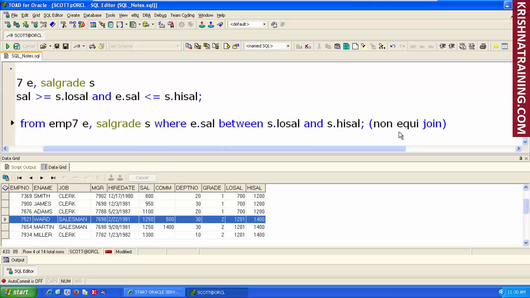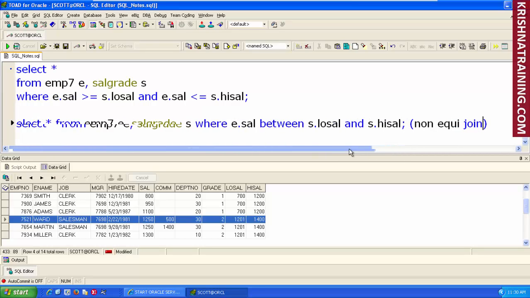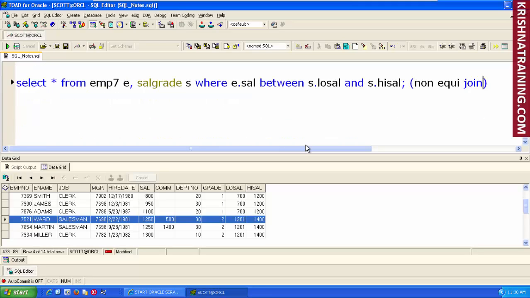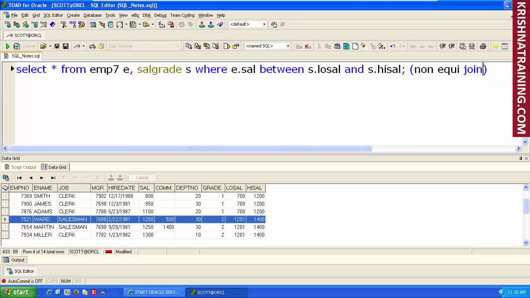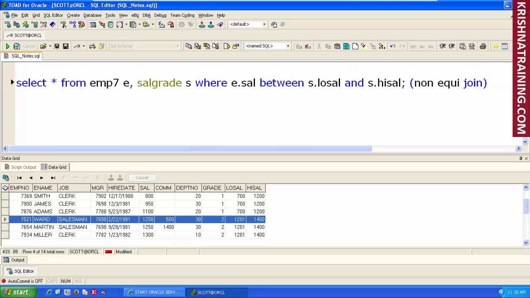Did I use the equal to sign here? So when I do not use an equal to sign,